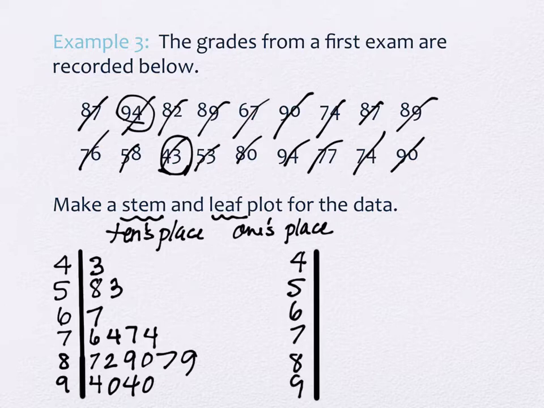So 6, 7, 8, and 9. There's only one 40s, so 43 works. The 50s is the 8 and the 3, so it goes 3 and then 8. There's only one 60, so 67. The 70s has 4, 4, 6, and 7. So here's the first place where I want you to be careful. The 4 should line up in the first row of this. The next 4 should line up underneath the 8 up in 58. And then I have 6 and 7. Again, they should line up vertically, just like when I was working on the dot plots and the pictographs before. In the 80s, I have 0, 2,